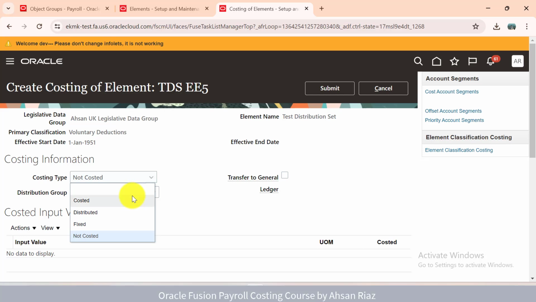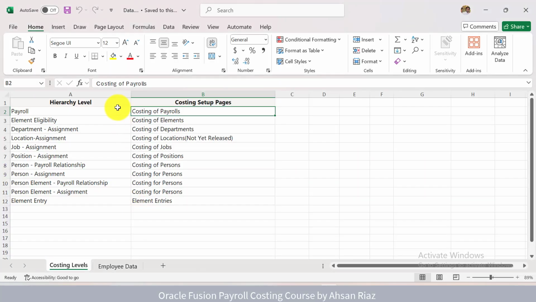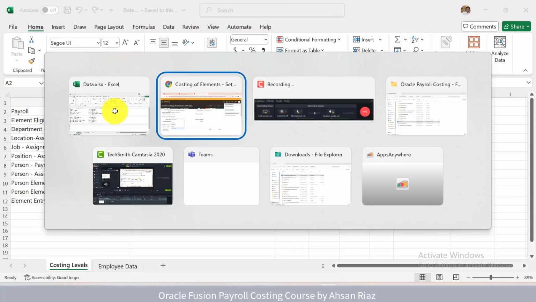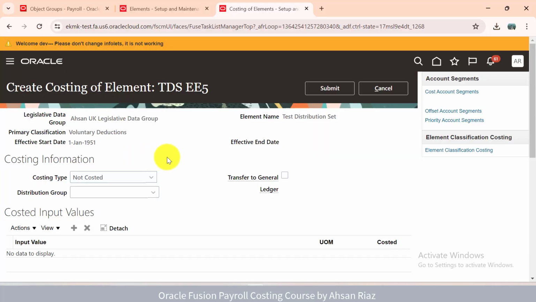Normal type is costed, which will be normally used. Costed means it will follow the standard hierarchy given by Oracle. So first it will try to pick from element entry level. If it doesn't get it from element entry, then it will go to personal level. If it doesn't get it from here, then it will go to position level, then job level, location, department, element level, and payroll level. So this is the normal